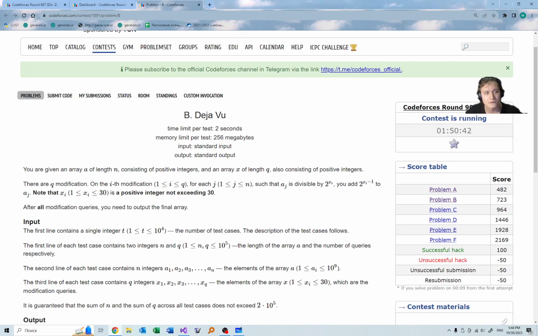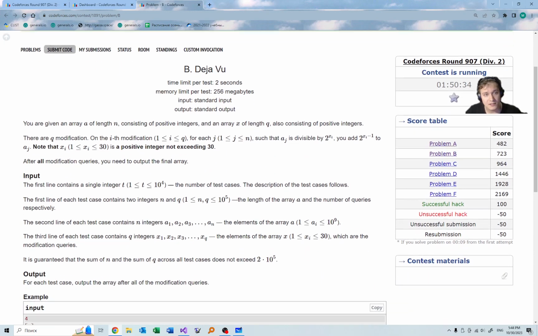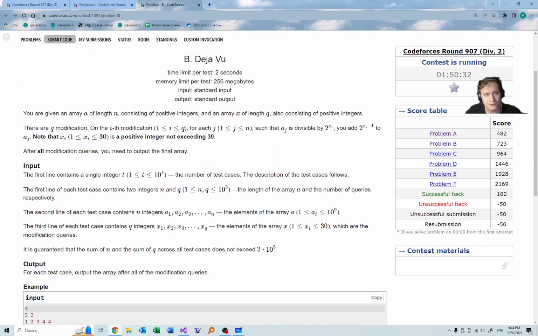We have an array of length n of positive integers and an array x of length q consisting of positive integers. There are q modifications. On the ith modification, for each j such that a_j is divisible by 2 to the x_i,